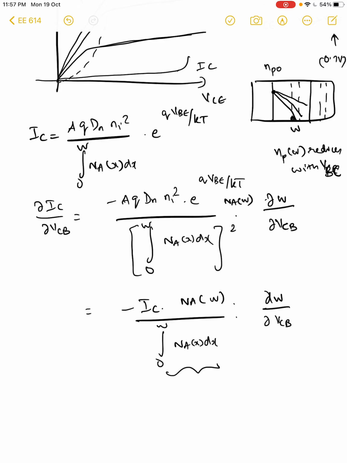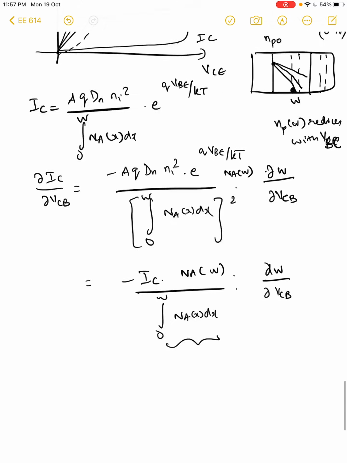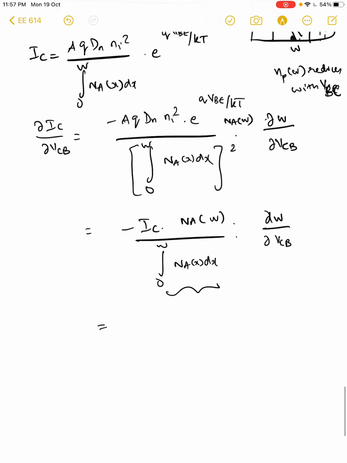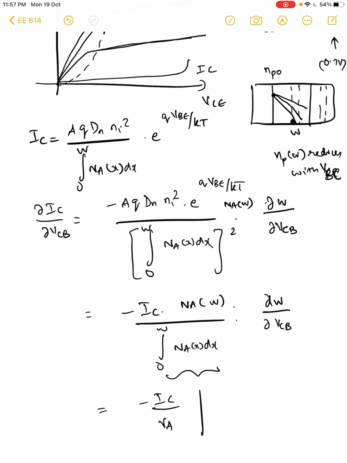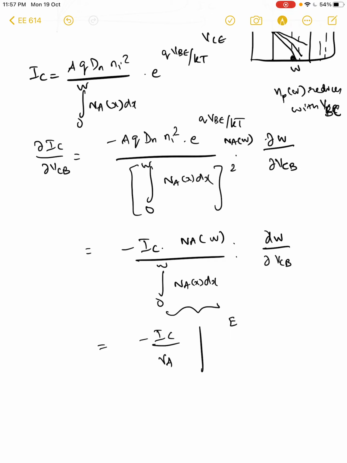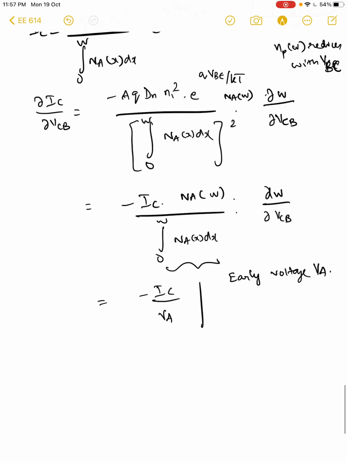So Q is the Gummel number that we previously saw, but for this purpose, this expression is written as minus Ic by VA, and VA is called the Early voltage. This phenomenon of non-zero slope in Ic versus VCE was discovered by Early, and this is called the Early voltage VA, and VA turns out to be integral 0 to W NA of x dx by